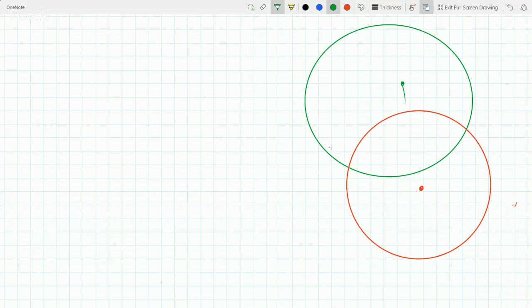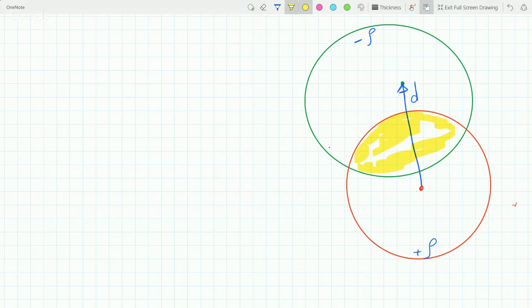This distance between them, or the vector between them, let's call it d. This sphere is the plus rho, and this sphere is minus rho. And we need to prove that the field in this overlap region here